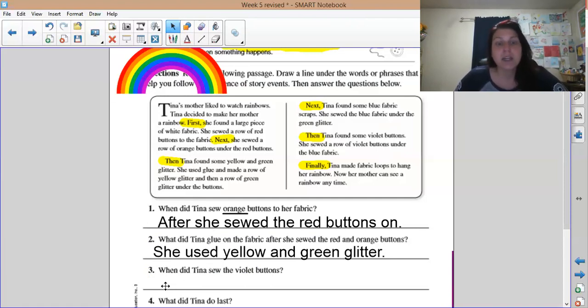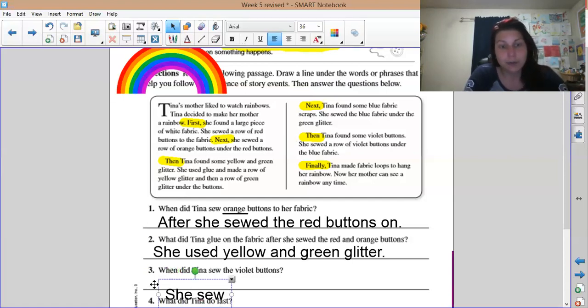Last, right? So when did Tina sew the violet buttons? What color came before them? What would she say? She sewed them under what? If we look back over here, right? Here we have her blue scraps. That gave her the blue strip for the rainbow. Then Tina found some violet buttons. She sewed a row of violet buttons under the blue fabric. So we can say